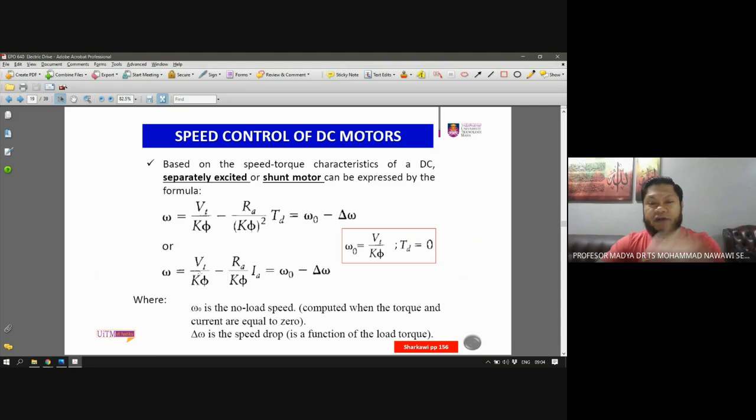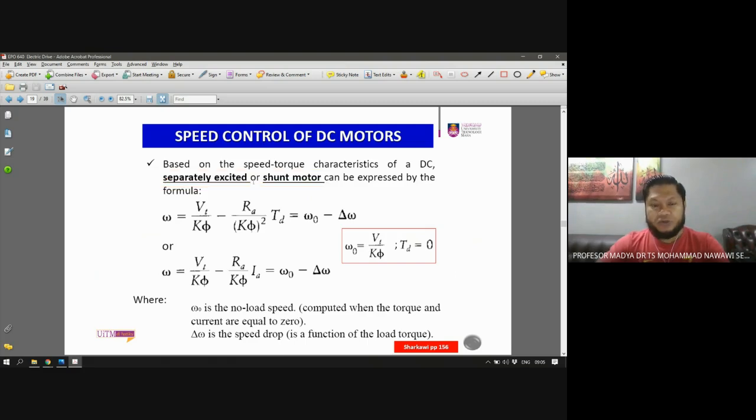Then we look into the separately excited or shunt motor first, as I mentioned just now. We start with the separately excited motor just to understand the fundamentals of speed control of this motor. It is best and more convenient to discuss separately excited motors, and then you can apply the same understanding to the series motor. So for the separately excited motor,